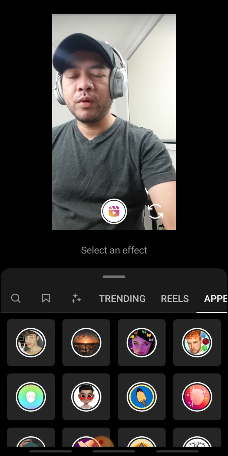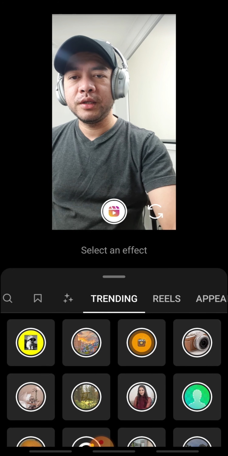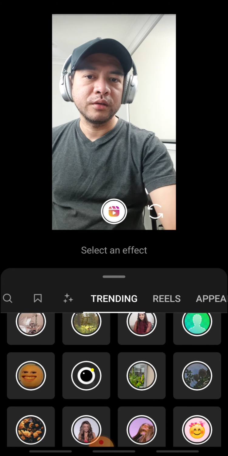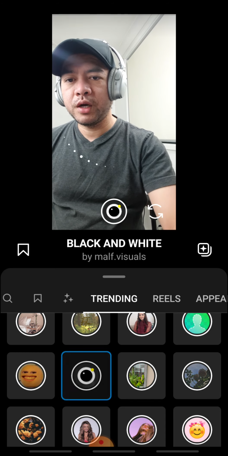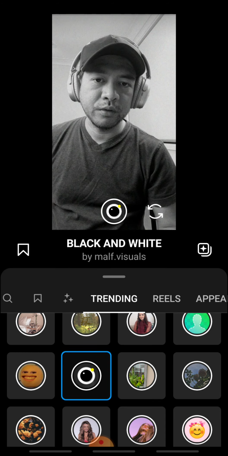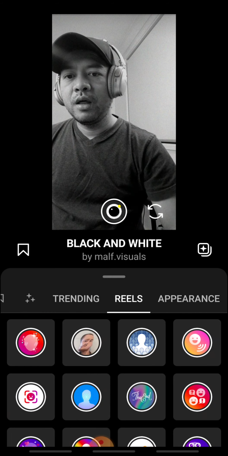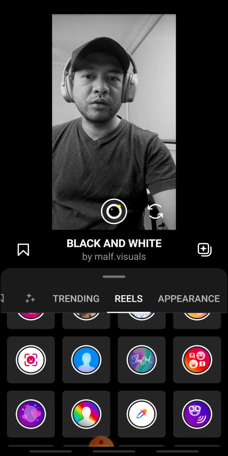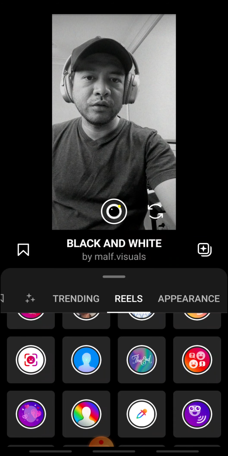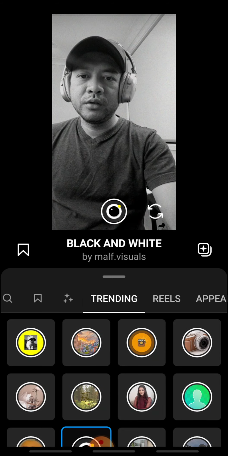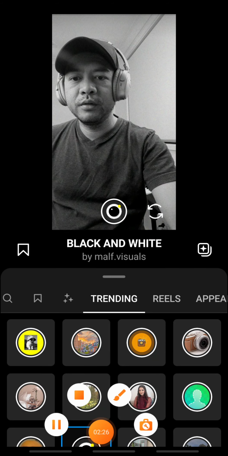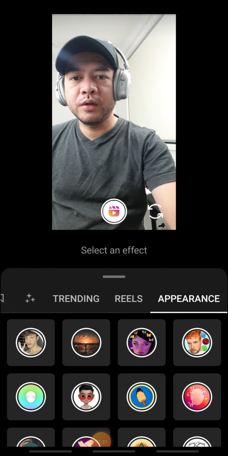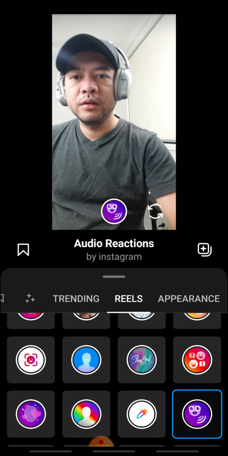So what we're going to do is pick one. They already have this on the current phone, but it doesn't look like this. Okay, so say if you want to choose this black and white, obviously it will go black and white. Now I don't think these are new. It just looks better on the screen and it's easier for you to find. So let's take off that effect. Oops. And here as well, what's cool about this is